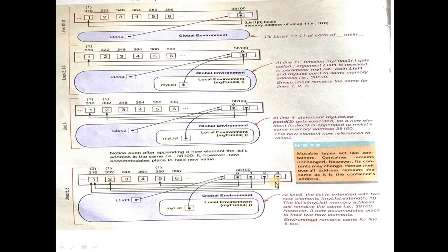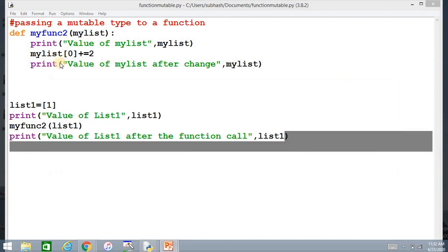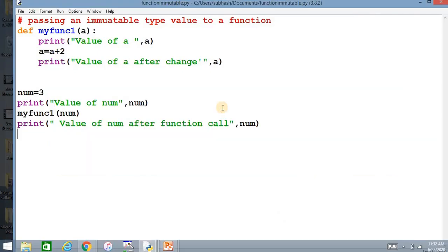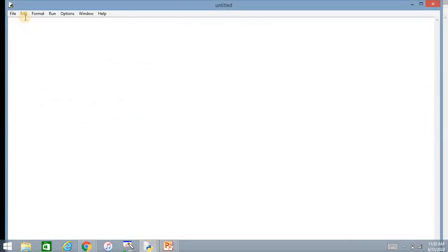So we will write a new program. Taking a new file. In this next program, to understand these concepts better, we are assigning a parameter to a new value and seeing what happens.